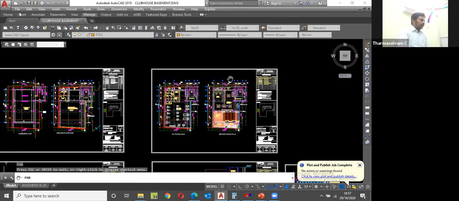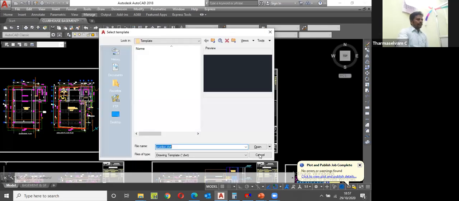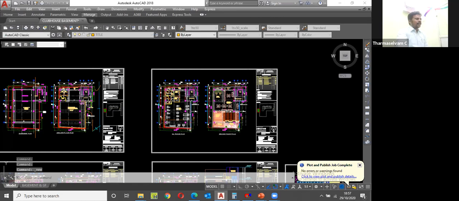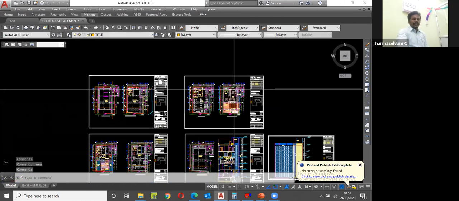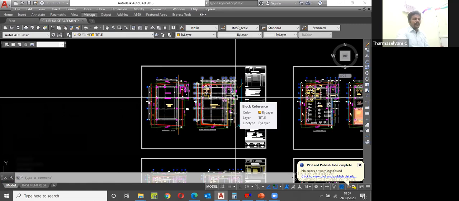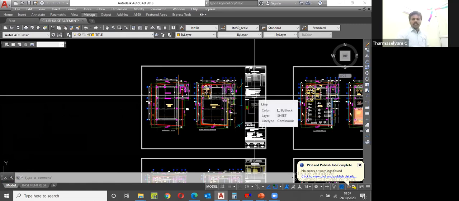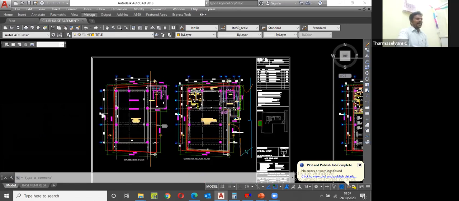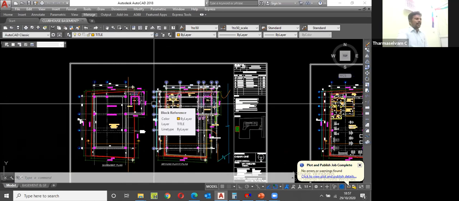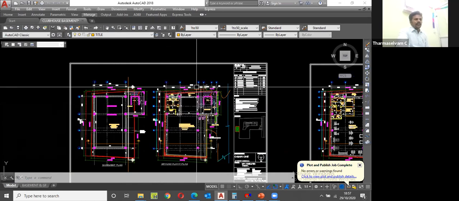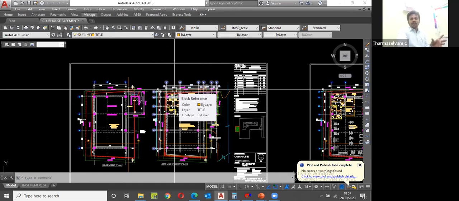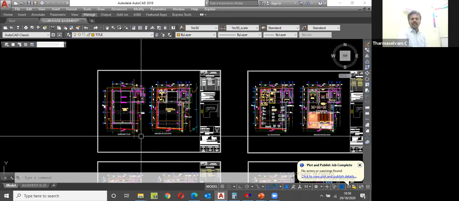Okay. Now, I am going to start the new layout. Before that, I want to tell you only one thing. This is a civil diagram. When I am going to draw our HVAC diagram, before starting, you have to take all these components and make the color 8. That is a dull color, ash color. You have to change the color. The things you are going to draw now should be bright. That's why I'm going to make the other services diagram a dull color.